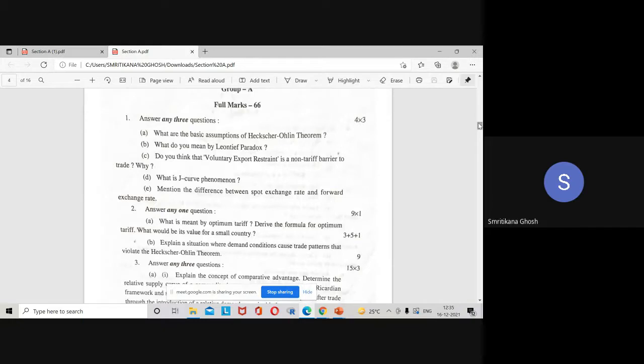Now, question number 2A. What is meant by optimum tariff? All of you know that. Derive the formula for optimum tariff. What would be its value for a small country? For the small country, look, the value of optimum tariff is 0. Because why is there the name of optimum? Optimum means the level where your social welfare is maximum. Okay, and in case of the small country, if you are imposing tariff, always your welfare is falling because you